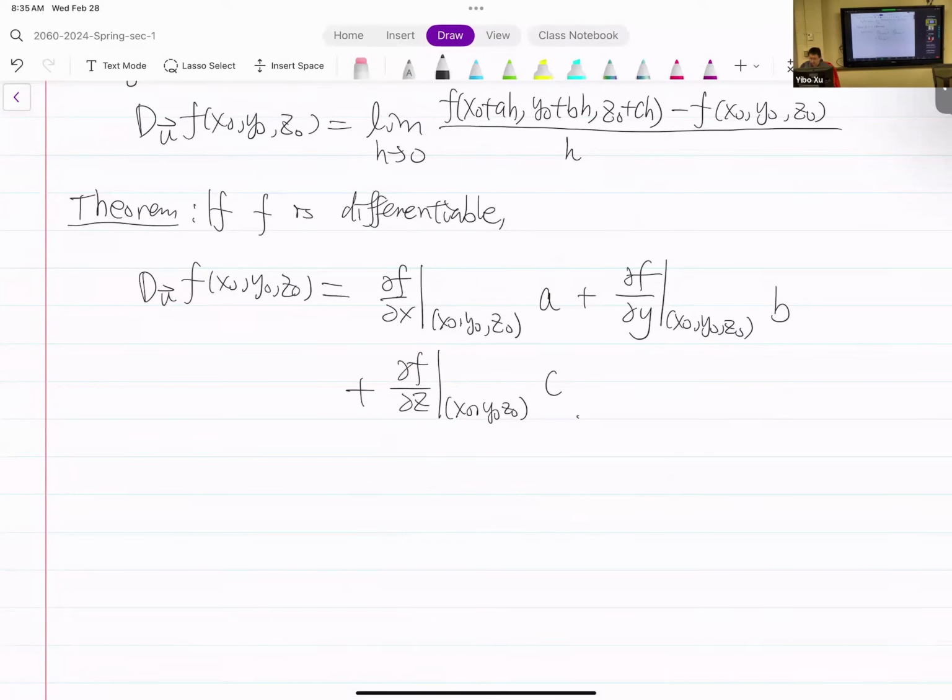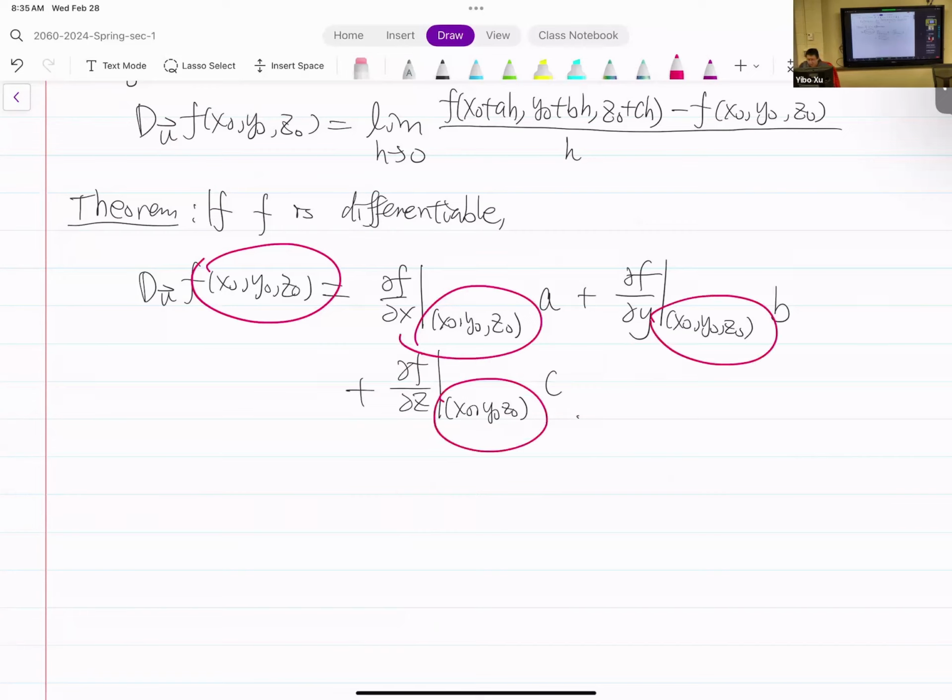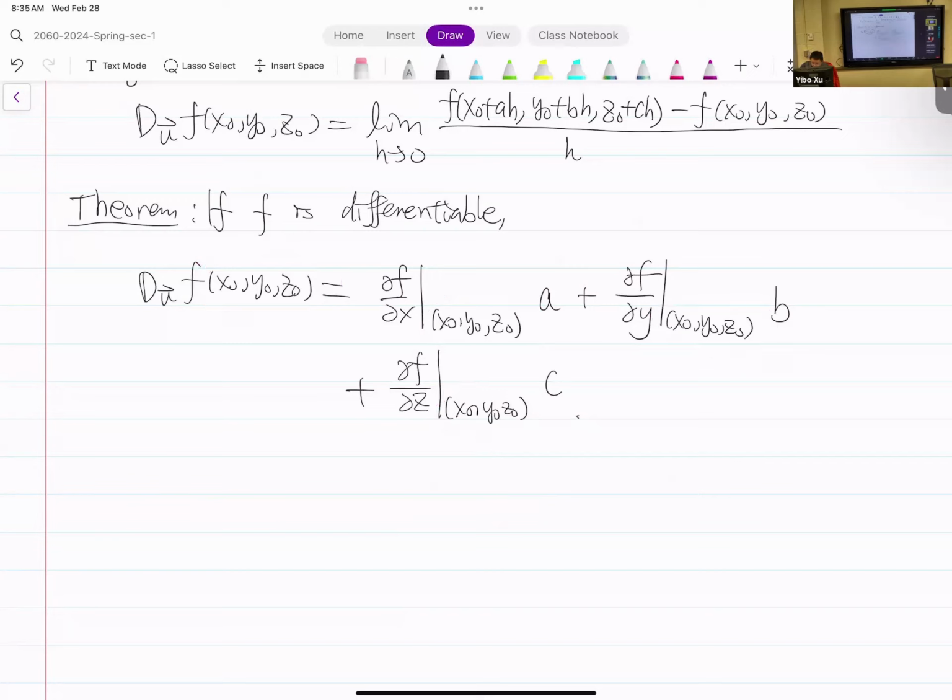And then now if we treat the tuple x0, y0, z0 as a general point, x, y, z, then we can also write the functional notations. So treating these as functions of x, y, z,